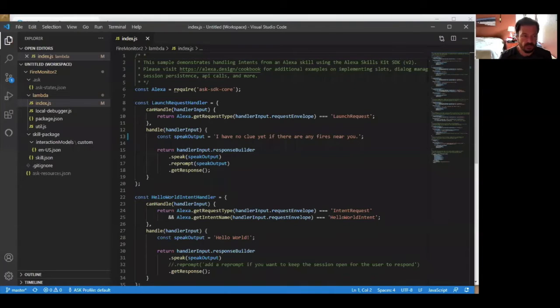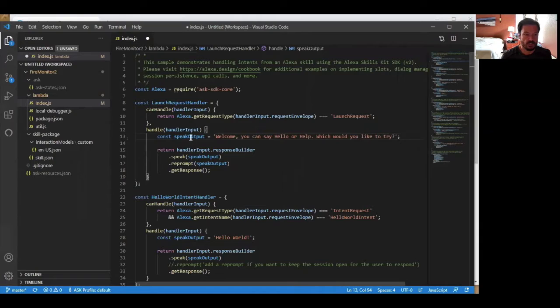If you can't tell, I'm recording this over several different days. But let me put this back the way it was. So it should be like this. So now it's kind of the default, the way it was. Let me save it, and let's actually go